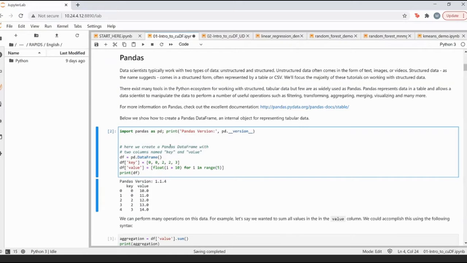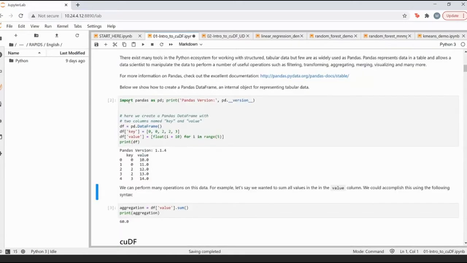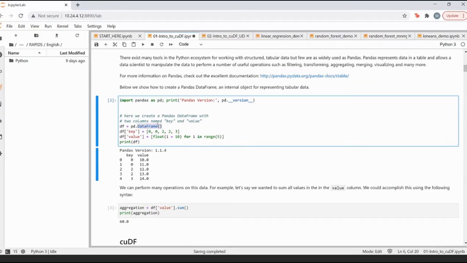Next, I'm going to import pandas. After importing pandas, I've made a simple data frame called df, and inside of this data frame I have made a column called key with certain values associated with this feature. Then I've made something called values, using a list comprehension.